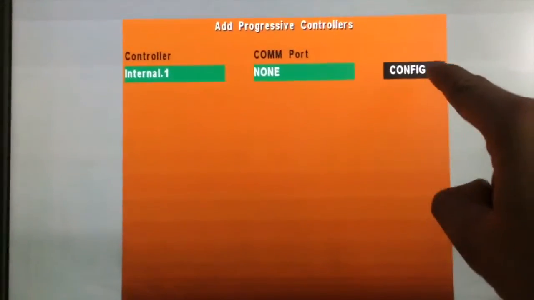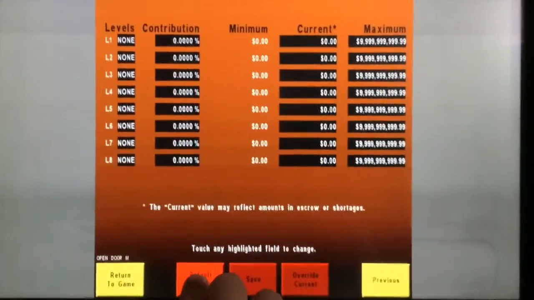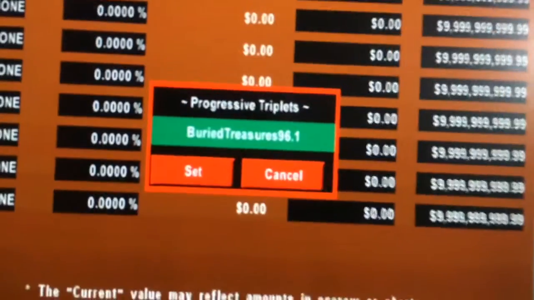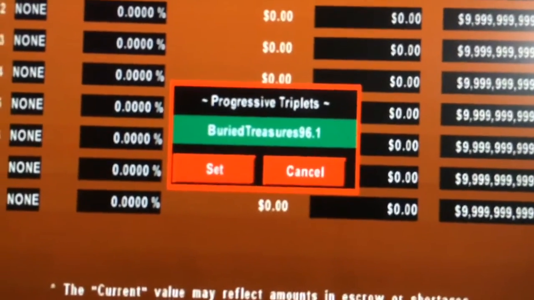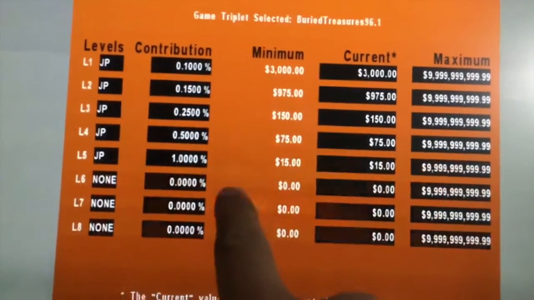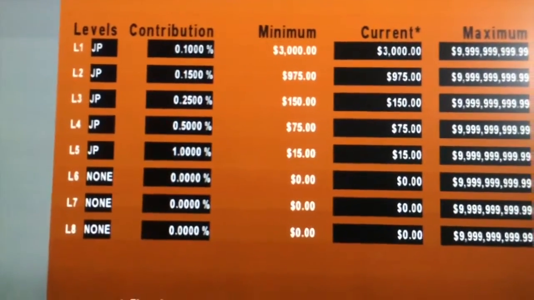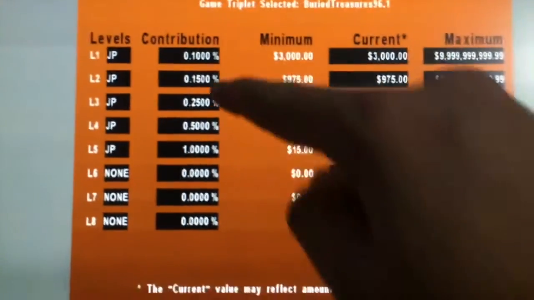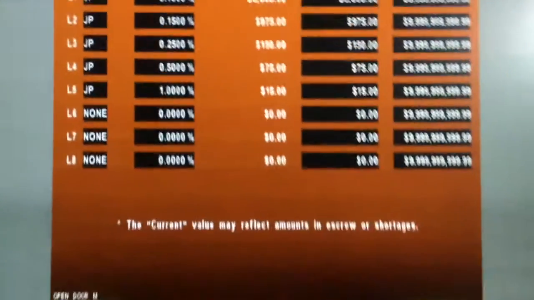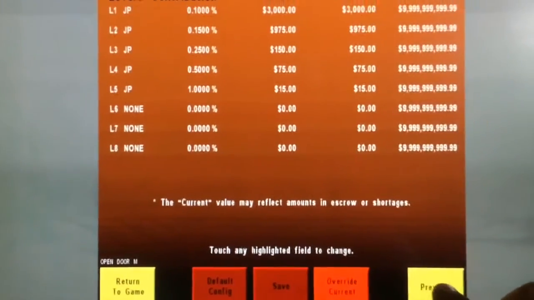And now we're going to go into Configure like before. But the cool thing about this title is that it has a default config. So we're going to select that. And you see that Buried Treasures 96.1 is already created for you. Hit Set, and you can see that it auto-populated the amounts based on your denomination. You can change these percentages if you want, or you can just hit Save. Go to Previous. Once you've saved it,